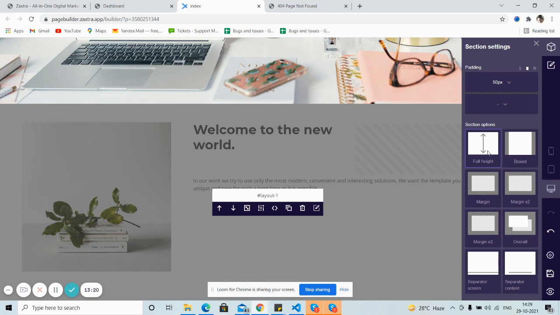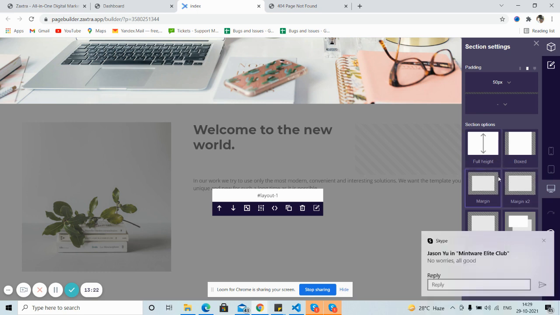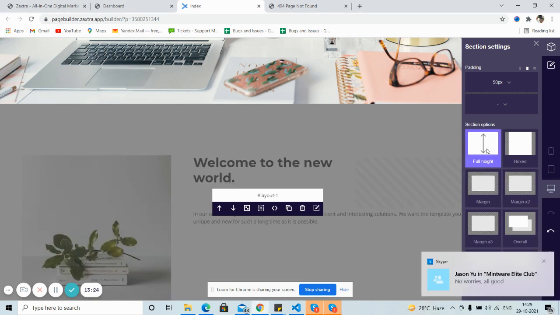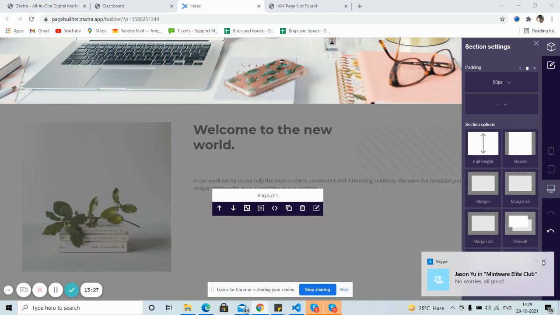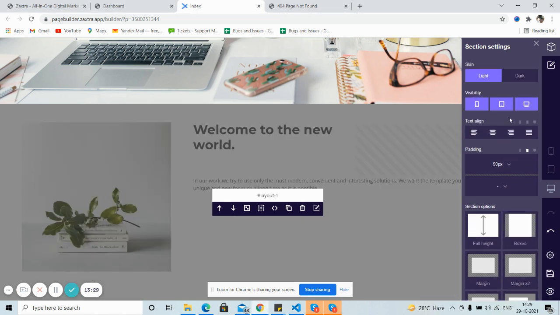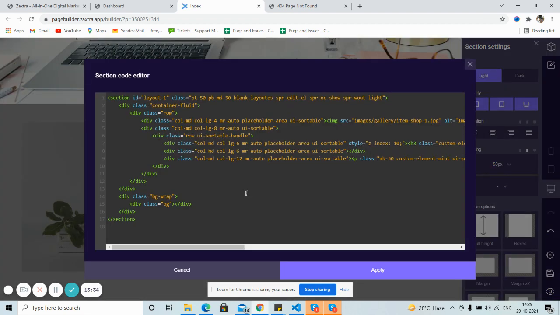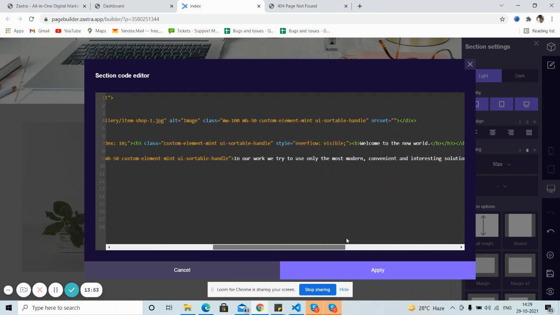And here you have section options for what kind of section, like what it will look like. Let's see. You can change all the settings regarding the blocks here. So the next option which we have is for adding custom HTML. It will show the HTML code for the particular block. You can change the settings here. If you have a block and you want to change some settings for the block, you just enter the new settings, whatever you want, and it will be added. That's it.